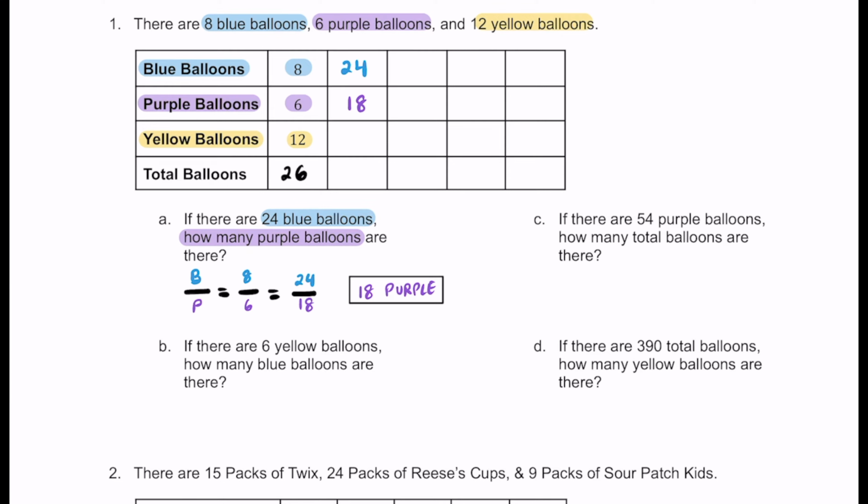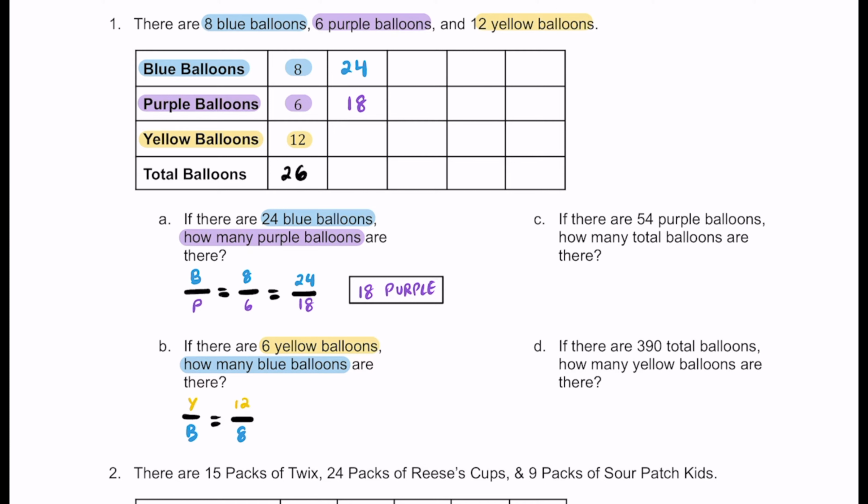For part B, it says, what if there are going to be 6 of these yellow balloons? And if there are 6 of these yellow balloons, the question is how many of them are going to be blue? So if we were going to set up a ratio, we could put yellow on top here, and then we could put blue on bottom. This would be kind of like how we would label our units. And so we can use the table up top, or we can also just write it down here, up to you. So we know we have 12 original yellows for every 8 original blues,